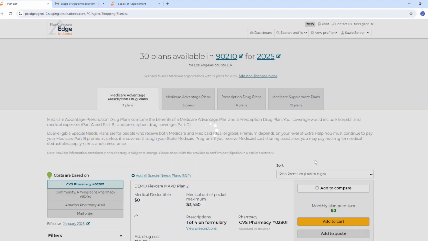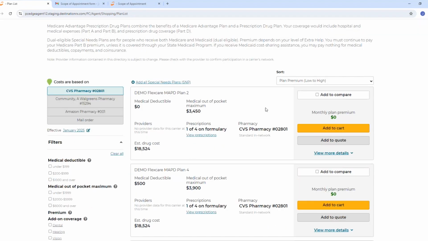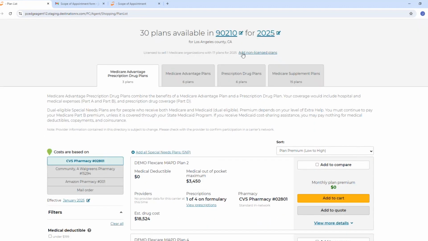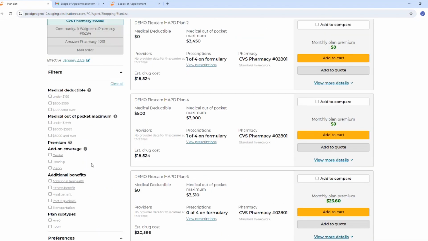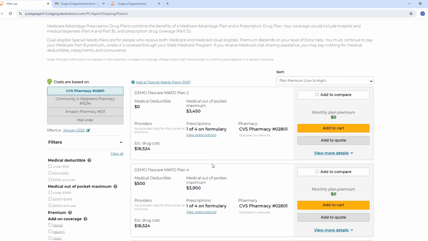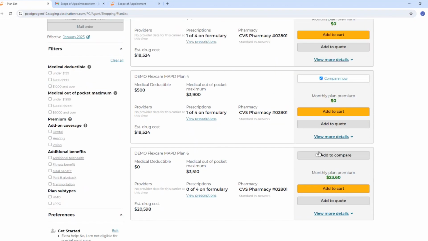Then we'll continue on to the plan list page where we will be able to view the plans that are certified and licensed to sell. If we want to view all plans available, we can also add the add non-licensed plans feature here. We've got different sorting options and filters along the left-hand side that may apply for those specific clients' needs. And I can add up to 3 plans to compare side by side,